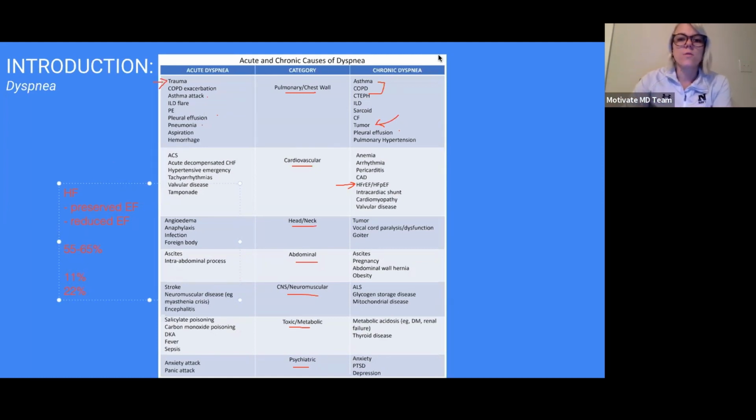Okay, so good. Now, what other things can cause it? You probably have it in your thoughts, your differential, especially if you work in the emergency department. But that is acute coronary syndrome. And what that is pointing us to is myocardial infarction. A lot of times you'll see patients come in who are having a heart attack. They might say, I had chest pain and I felt really short of breath.